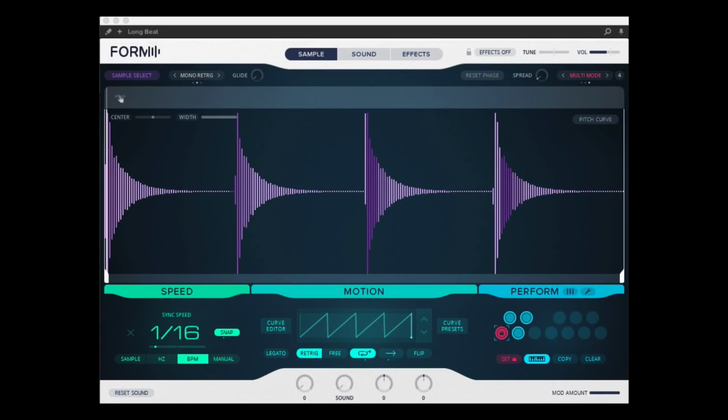I've got Form loaded up inside of MASCHINE, and this preset immediately inspired a musical idea for me. That's one of the reasons why I wanted to show it off: this is a very simple patch. There's definitely more complex things that we could discuss with Form, but I love that the simplicity of this will hopefully give you creative ideas on how to manipulate Form into doing interesting things for your own musical